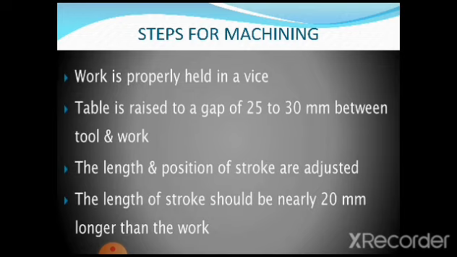We need to understand one important aspect here. Before we start the machining of all the 6 operations, we require to set the shaper in a correct way. Then only can those operations be done practically correctly. So the first point is the work is properly held in a vise. First of all, we have to decide the size of the workpiece. If the workpiece is very large, then it can be mounted directly on the machine table of a shaper. Otherwise, we require to hold it in a vise.